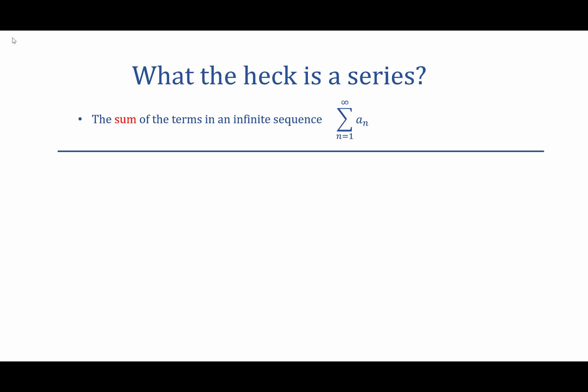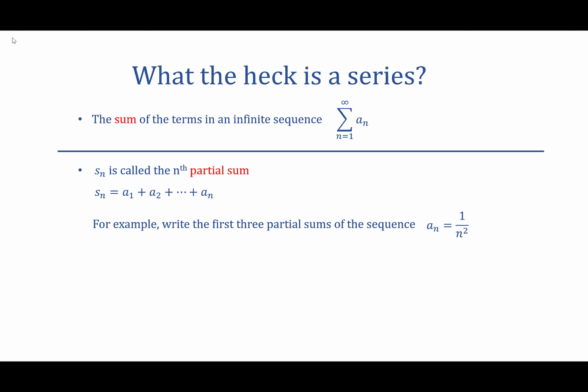In order to introduce you to the concept of converging or diverging series, we need to first look at the concept of a partial sum. We call Sn a partial sum. Sn is the sum of the first n terms in a sequence. So for example, if we have a sequence 1 over n squared,